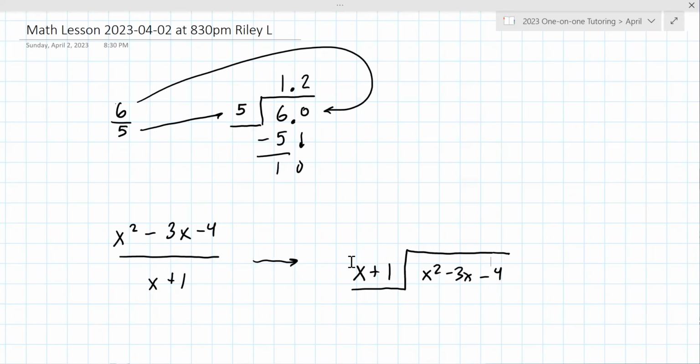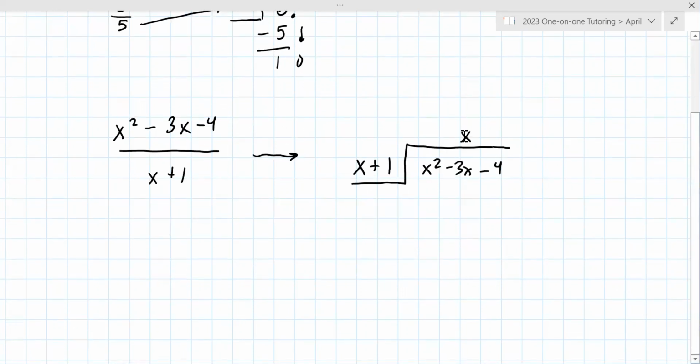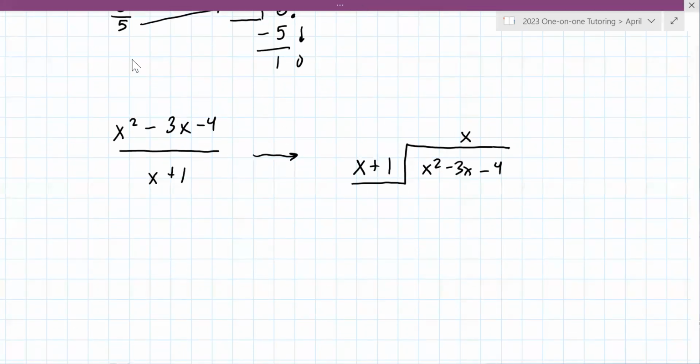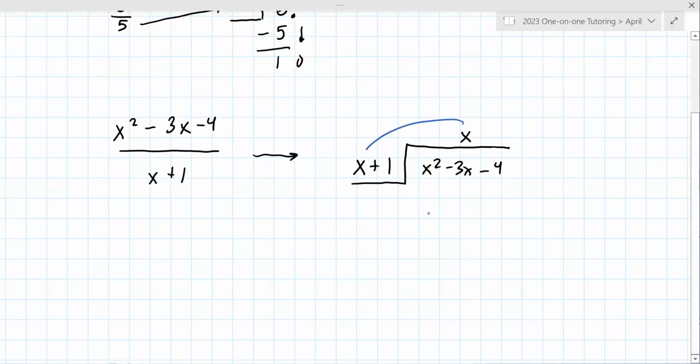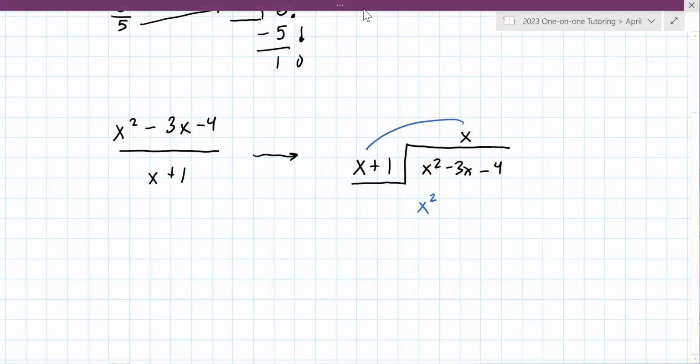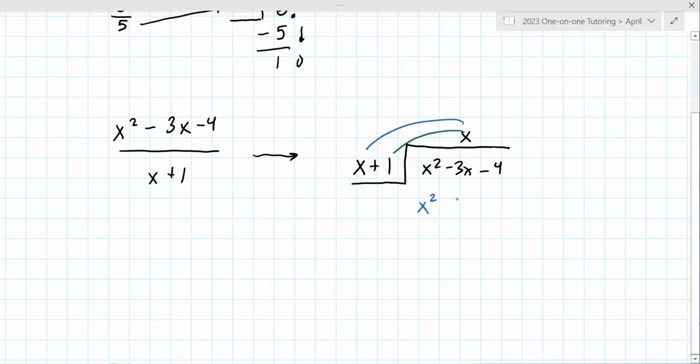So you're trying to figure out, what do you multiply x by to get x squared? And the answer is just x. Okay. X times x gives you x squared. So kind of just like you do up here, you're going to take this x and multiply both of these, the x and the 1. All right, so x times x, you can think of it as multiplying here, that becomes x squared. Then you do the same thing, you take the x and you multiply it by the 1, that gives you just x. Okay,